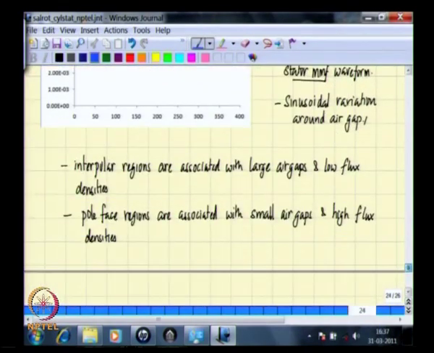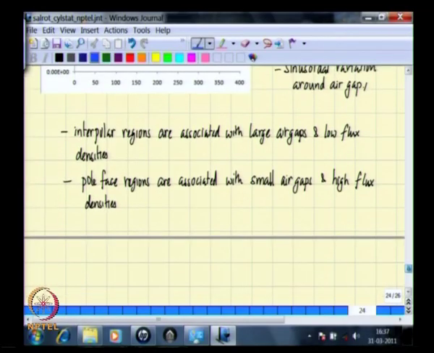So, even though we know the MMF that is there at a particular angle, because we have assumed a sinusoidal variation of the MMF around the air gap, the actual gap across which this MMF is going to act will depend upon where the rotor is. At some instant at a given angle it may be a pole face, at some instant it may be an interpolar air gap. So, in order to address this issue,